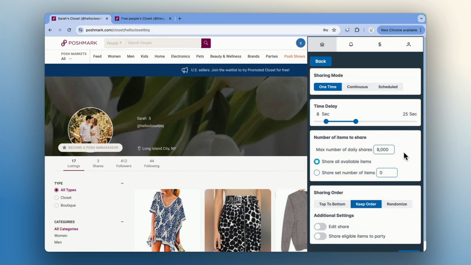If you go over the maximum shares allowed per day by Poshmark, Poshmark will put you in what seasoned Poshers call share jail, which is basically just a cooldown for your account, and you will be unable to share your closet for 24 to 48 hours while in the cooldown. So obviously we don't want this to happen,